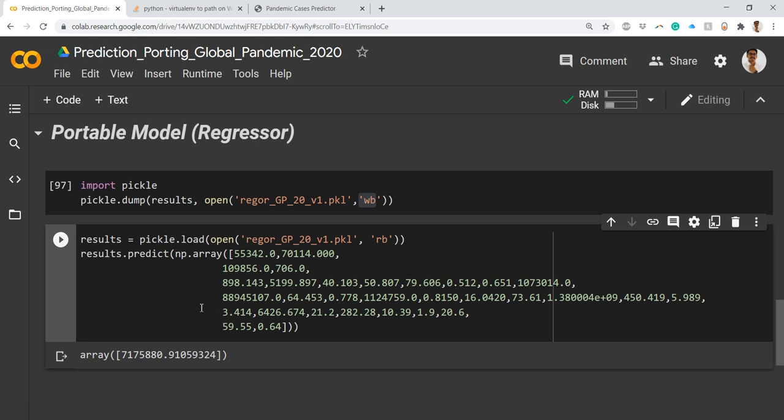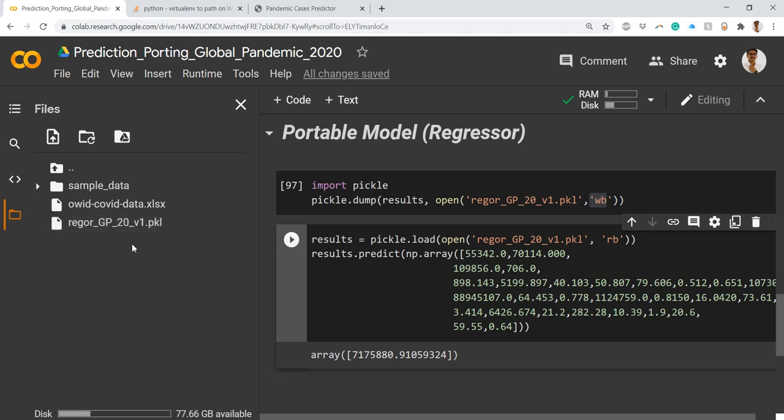Now what after this? Your story doesn't end here, the role of Python is still there in the picture. Python is a hero throughout this data science. Since you have this pickle model, what you want to do now is productionize it. For that, you need to build a web application or some mobile application, then it can be productionized.